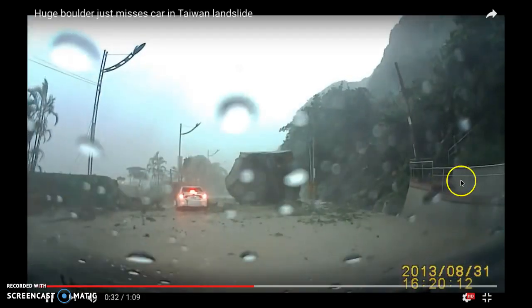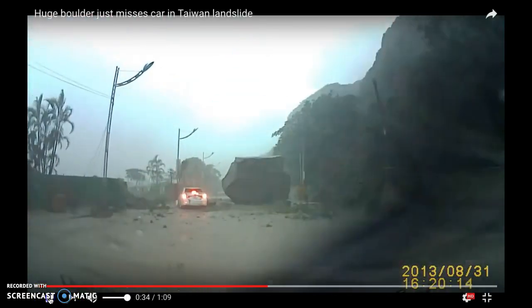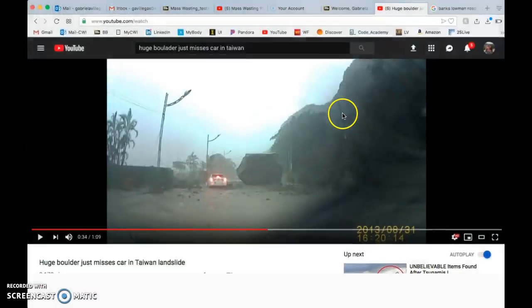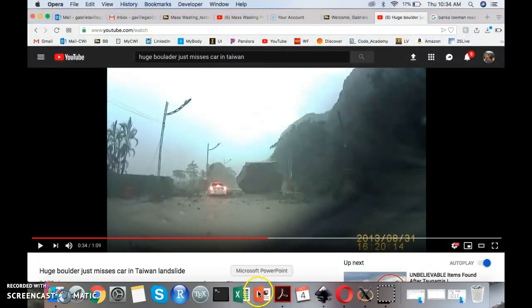Anyways, but you see that that major block got eroded from the free face up here, and it pretty much tumbled all the way down to the road. So how it got displaced, you may ask, from that cliff face is probably by the action of weathering. And so that is very common. The type of weathering that you can see there is very common here in Idaho and in locations where you